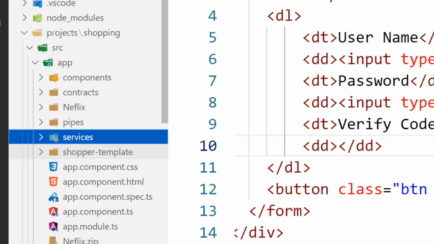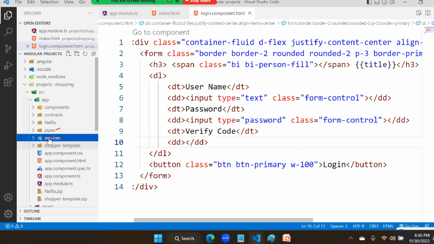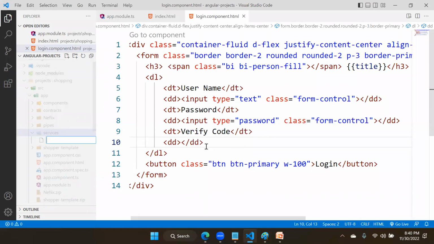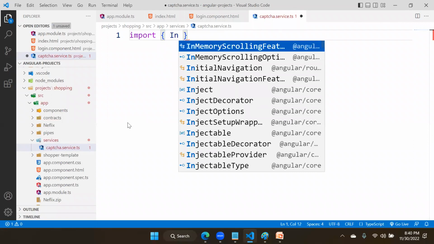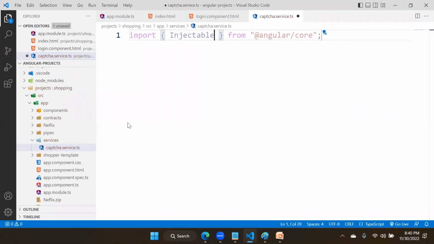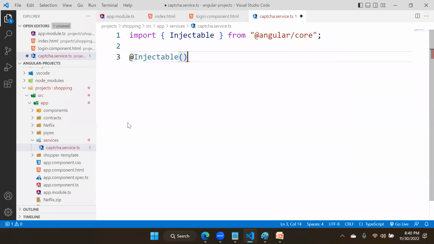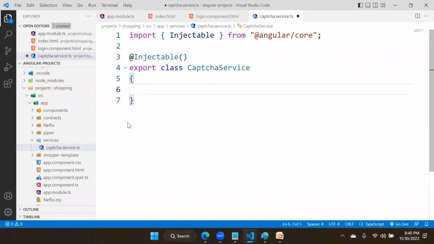We have pipes and we have services. In services, I am adding a new file, captcha.service.ts, just like pipes and components in naming. How can you make it a service now? First, we have to import Injectable from the Angular core library. You have to import it and mark the class Injectable. Then we have export class CaptchaService. This CaptchaService has a method called